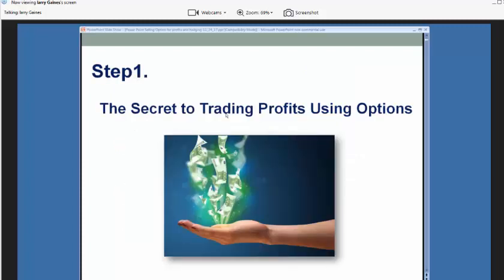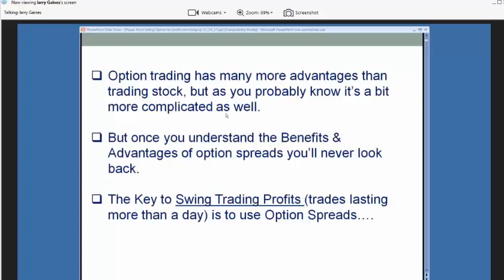So let's take a look at the secret trading profits using options. Now, option trading has so many more advantages than trading stocks, but as you may already know, it's a bit more complicated as well. But once you understand the benefits and advantages of option spreads, you're really never going to look back. So the key to swing trading, that's trades that last more than a day, is for me to use option spreads, and there are a lot of great advantages to using options and option spread